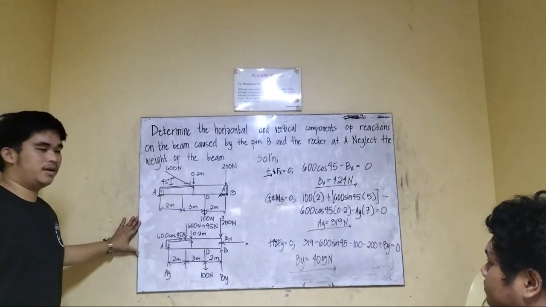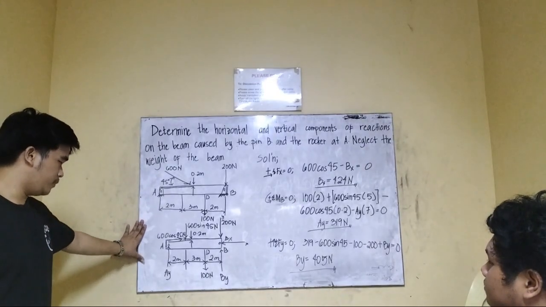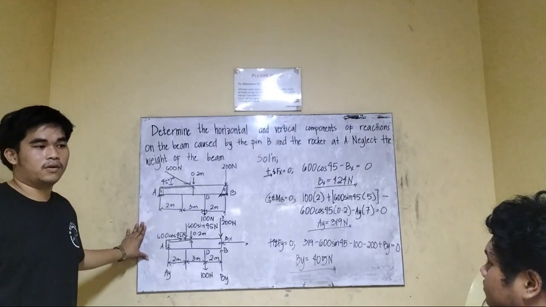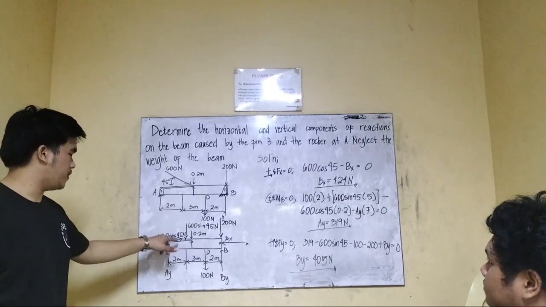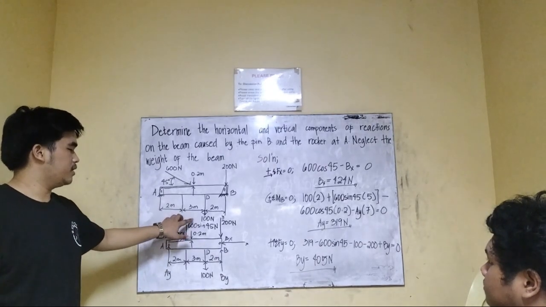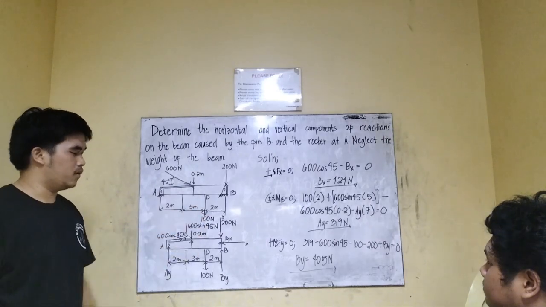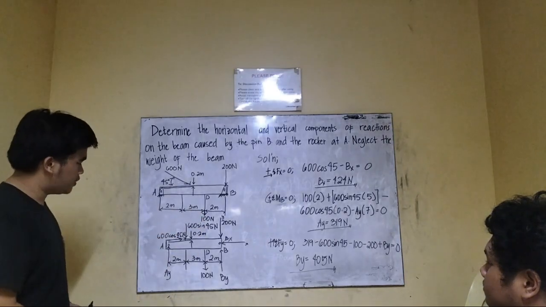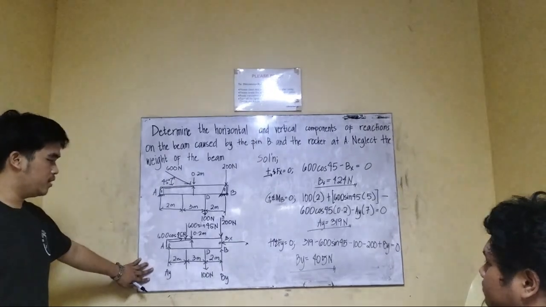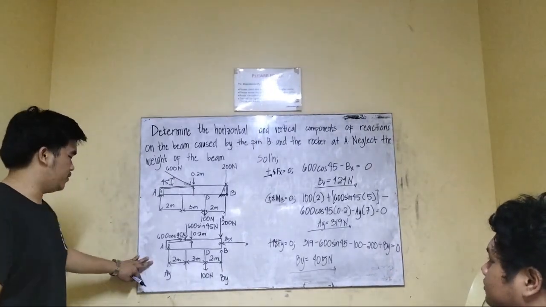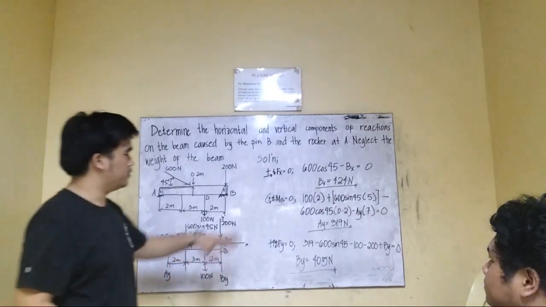So in our free body diagram, we have this F cos theta. So we have 600 cosine 45 degrees and 600 sine 45 degrees. So the unknowns are the Bx and the By and also the Ey. So we're going to solve it. So the solution is